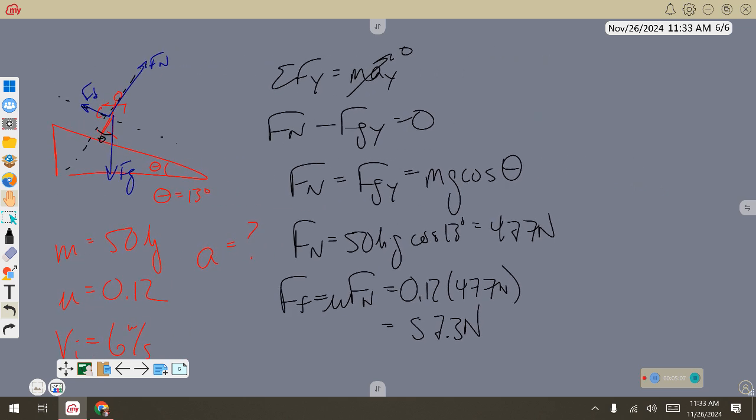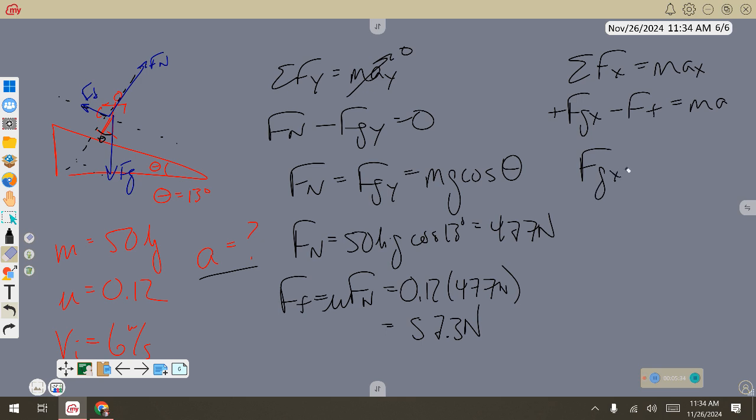Then I'm going to sum the forces in the x. Our whole goal here, once again, is acceleration. It is accelerating in the x, so I'm not going to touch that. According to here, I do have a positive force gravity in the x minus force friction equals mass times acceleration in the x. And I'll erase that x because that's all accelerating in the x. A little bit of algebra. All I got to do is divide the mass underneath